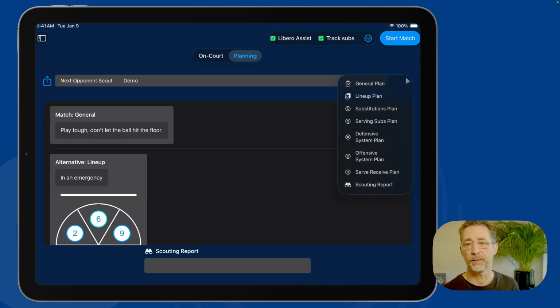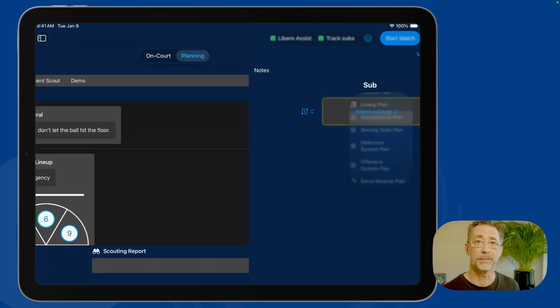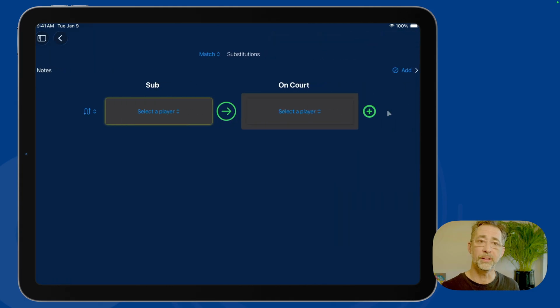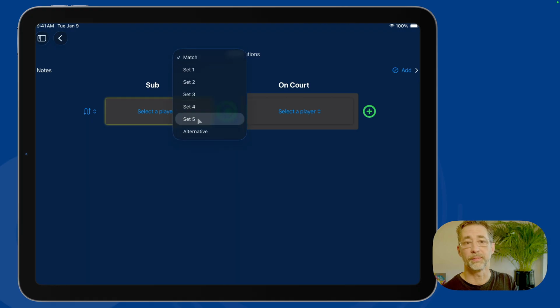And if I go up to plus and go to the next one, I'm going to handle my lineups in a little different way. Maybe during the match, we're going to think about how we're going to add players on the court and how we're going to get people playing time. Just like before, I can assign this to a certain set. Maybe in set 3, I want to make a